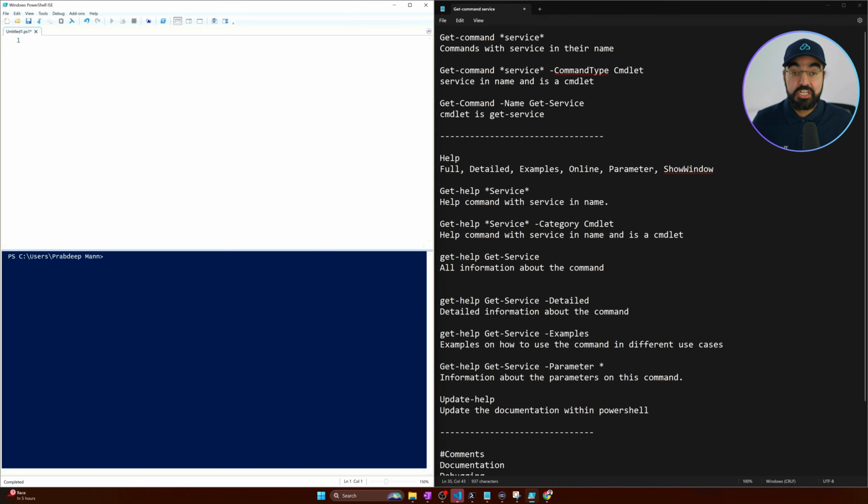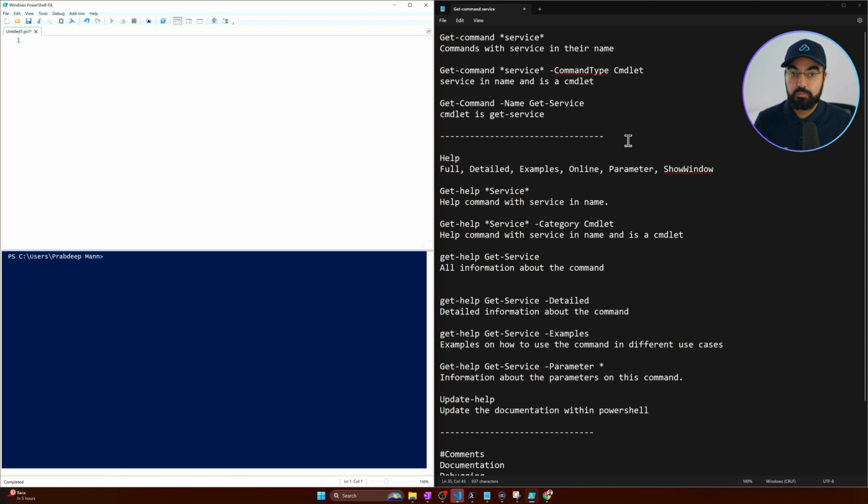So we'll be running through the help function within PowerShell. In this session, we're going to be running through an overview within PowerShell ISE around the get-command, the help command, as well as comments and best practices. How we'll split the screen is that the left-hand pane is all about PowerShell ISE, the commands that we're going to run as well as the output below, and the notes on the right-hand side